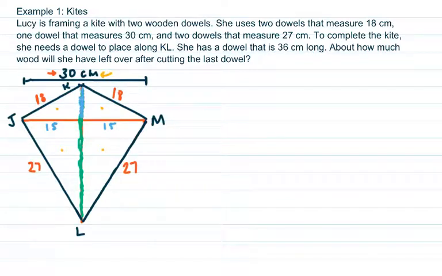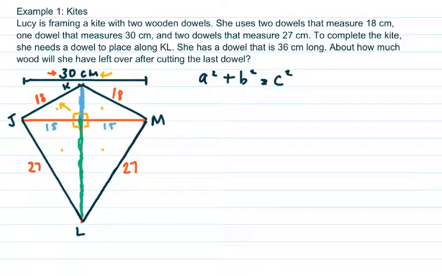Okay, if that's the case, I can just use the Pythagorean Theorem. So I have the longest side. Remember that right here are the right angles because the diagonals are perpendicular. So across from this right angle is c. So if I set it up, I have a squared plus b squared equals